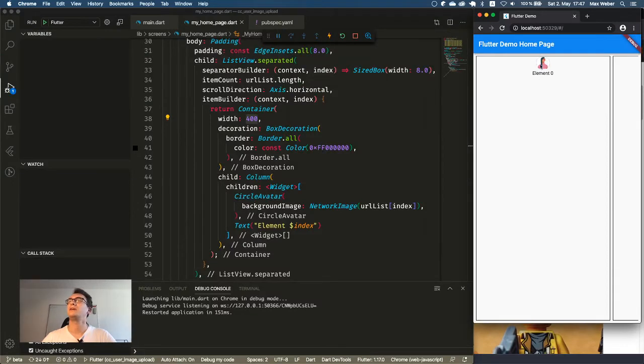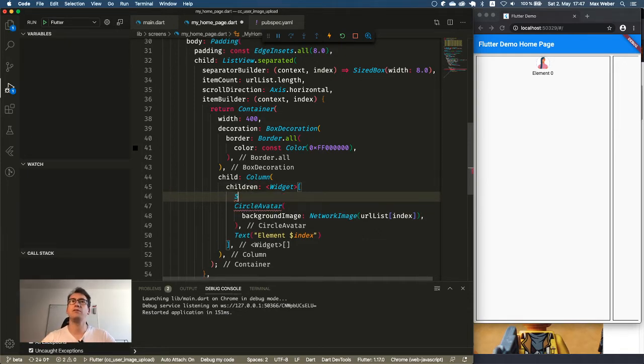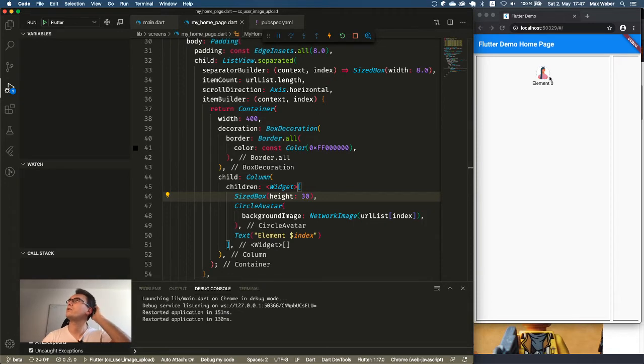And now we want to bring that more in the bottom. So to do that, where we have the image, that should be here. We have multiple options to do so. We could create a sized box on top of it with a height of 330, let's say, and we push it down with that. I don't know if this is the preferred way.